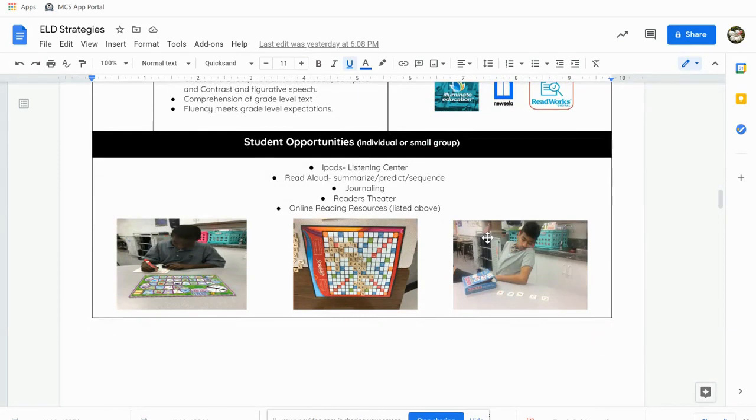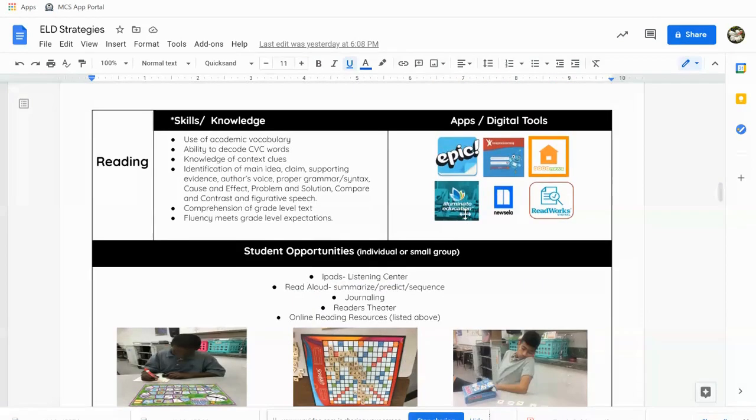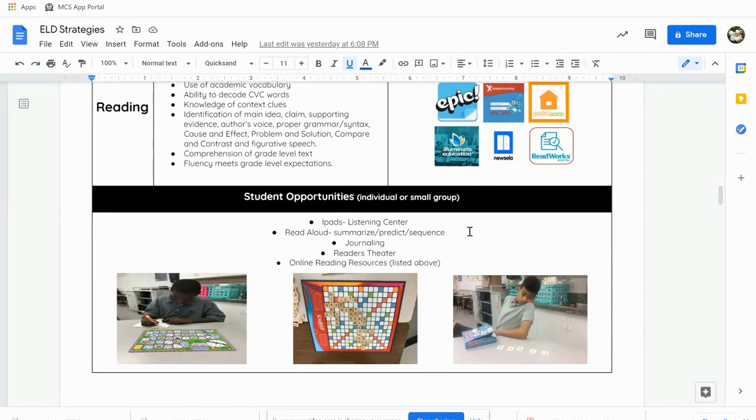Student opportunities, again, for reading, I am making sure that I am providing as many fun opportunities as I try for my students. Board games, right here in the middle, you'll see Scrabble. I am huge on board games because the kids don't really understand that they're learning. They think I'm giving them a free opportunity to play, and that is not what is going on. What is going on is they are actively participating in a game and having to read. They have to understand what they have read.